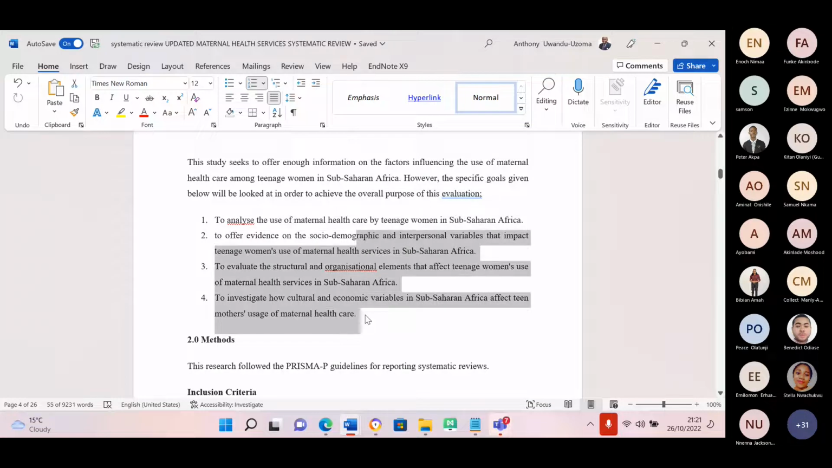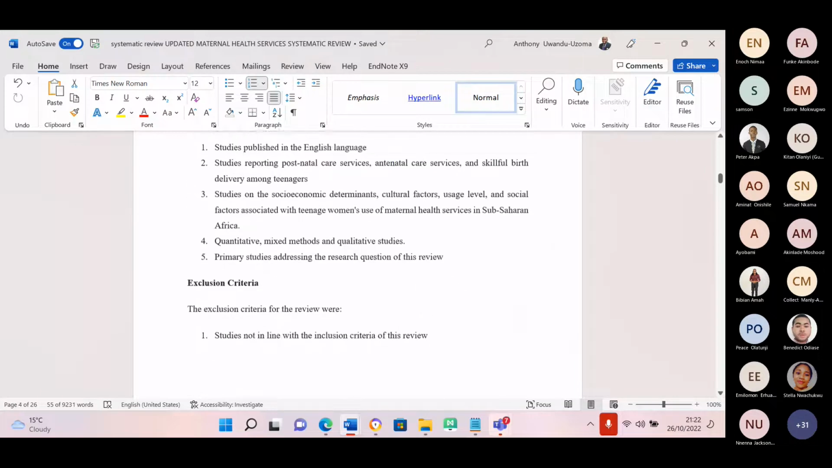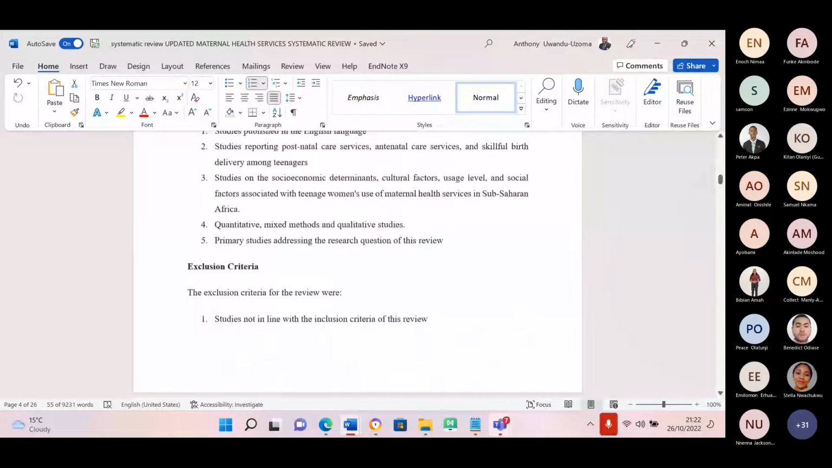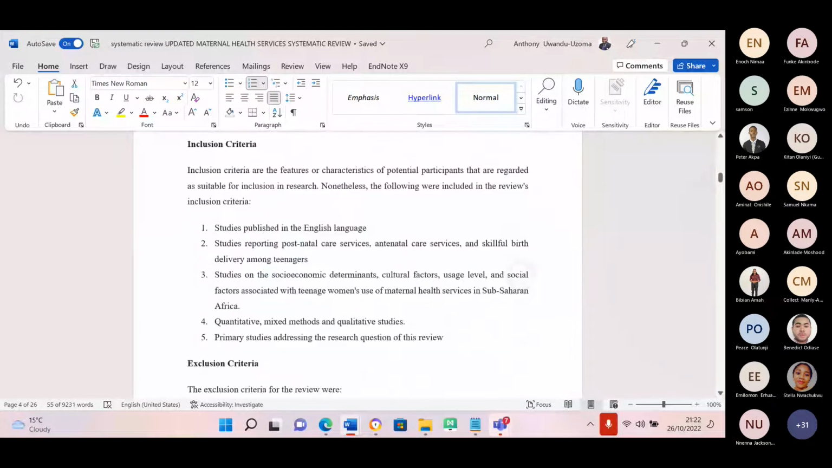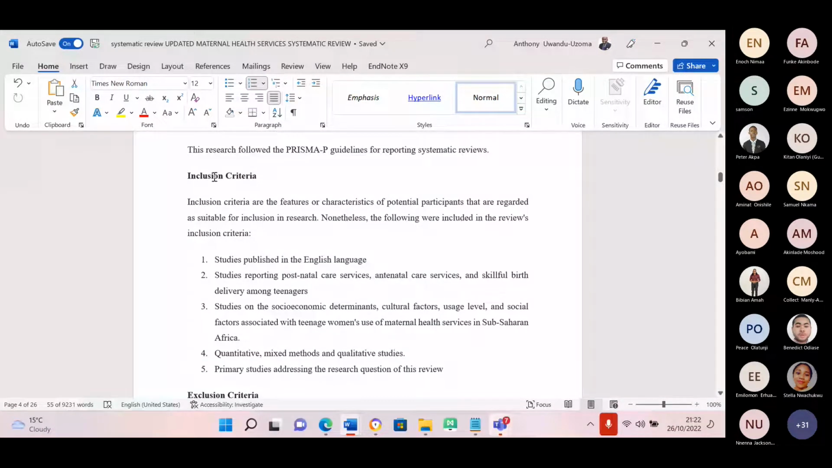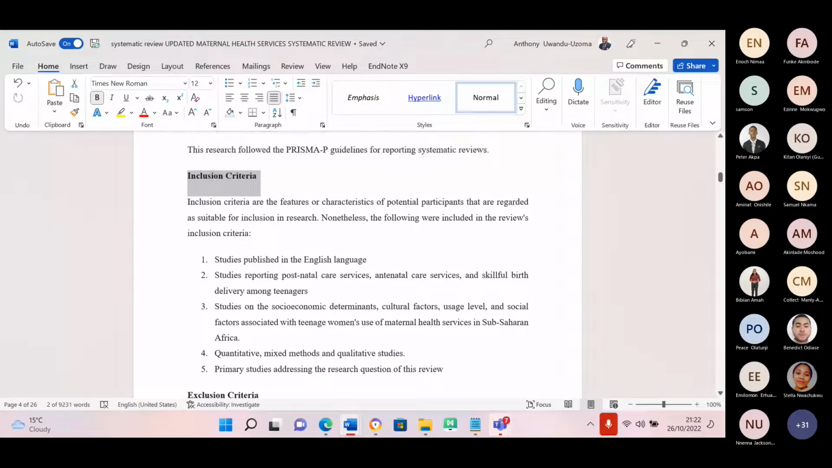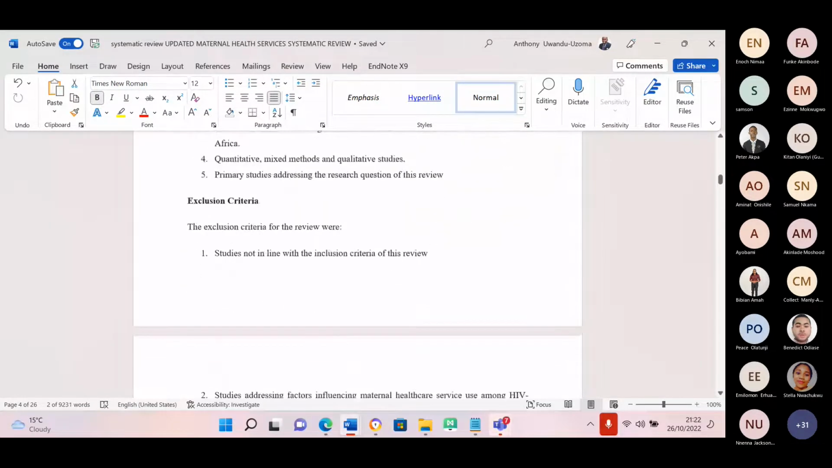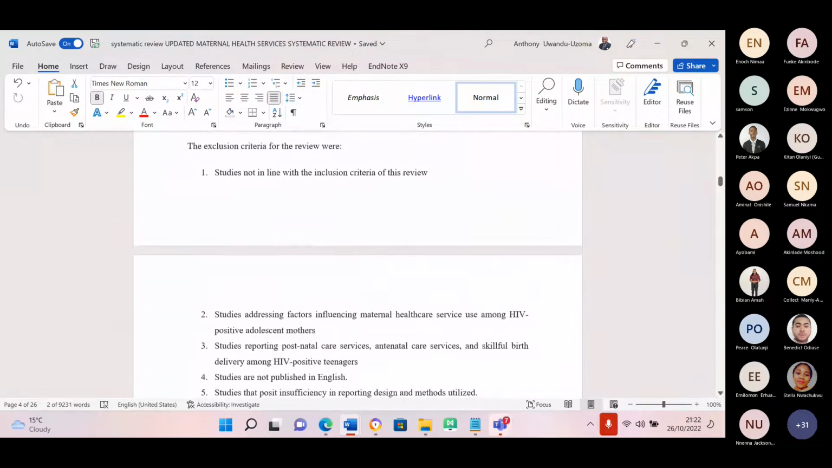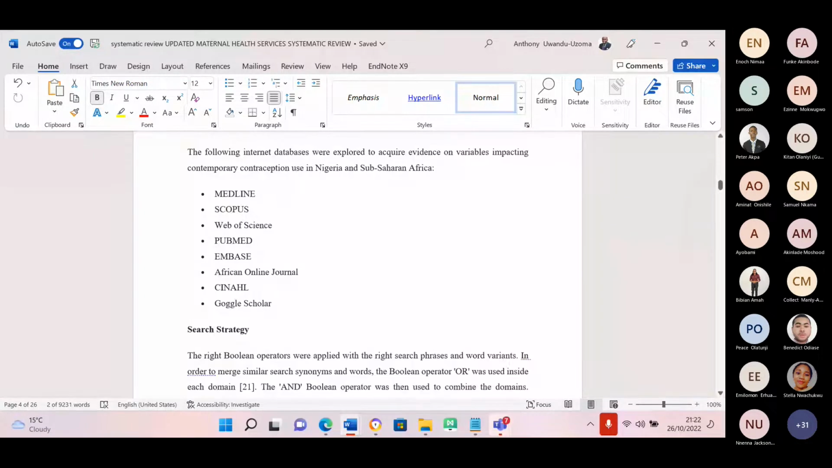So let's go. Your results must have your inclusion criteria, your inclusion criteria and your exclusion criteria. Okay. Now in a pure systematic review,